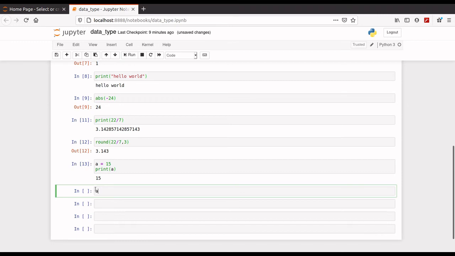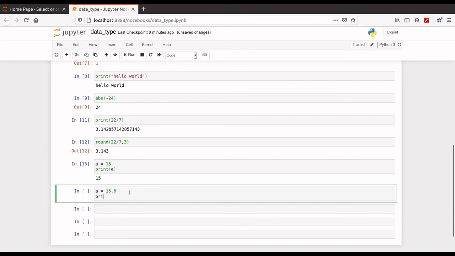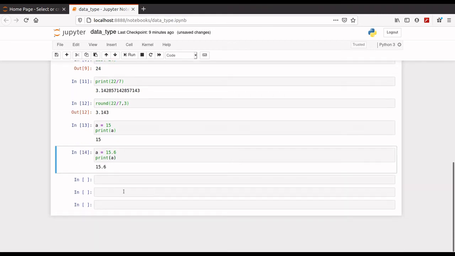So let's see first, if I give it 15.6, some float value, so Python will automatically see the value of the variable and assign this variable as float data type. Look, so let's see the type of it.